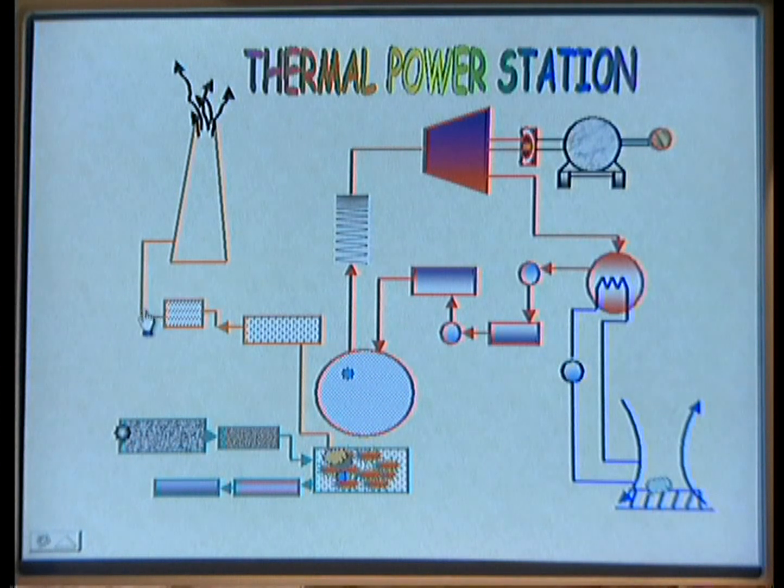After that, it passes through the air preheater. The air preheater also extracts some more heat from the flue gases, and it heats the air, and the same is fed to the furnace. After that, the flue gases are passed through the dust collectors. From that, it is allowed to the chimney, where it enters the atmosphere. This is the flue gas.